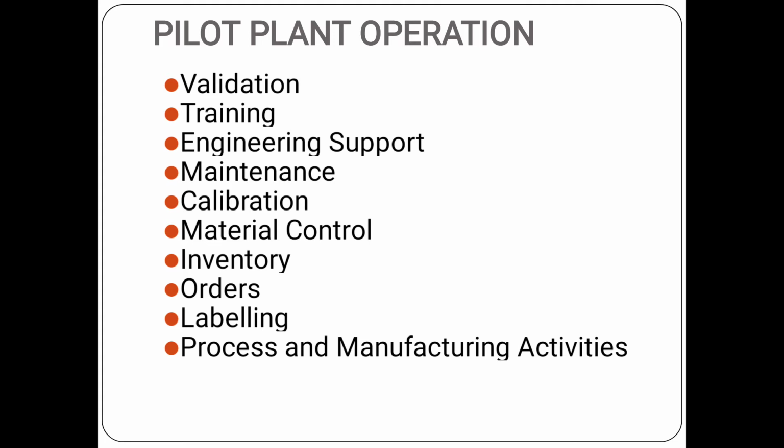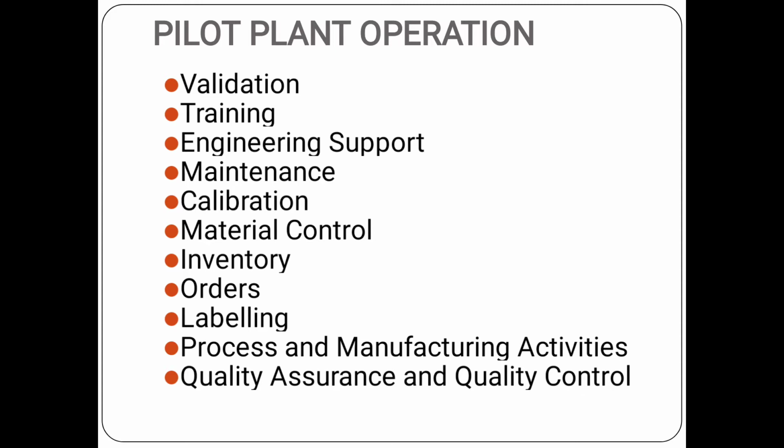Then all the processes and manufacturing activities. So, all those come under the pilot plant operations, and ultimately the final thing that we have to carry out is quality control and quality assurance. Because whatever process we have followed for the manufacturing of any formulation, obviously it will end at your quality control. You have to carry out all those quality control tests, or check all those quality control parameters to say that the product we have formulated complies with the standards, and how we can assure that.